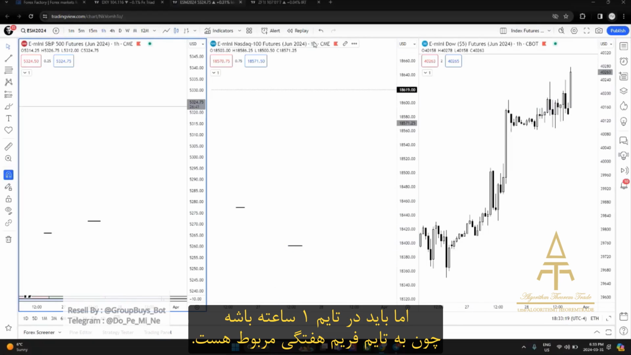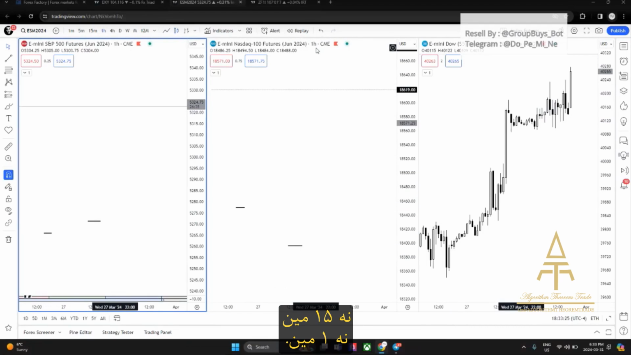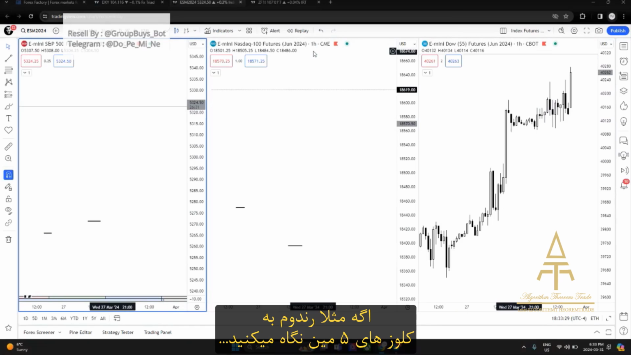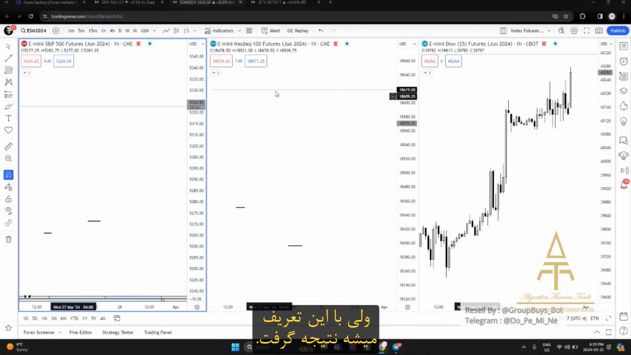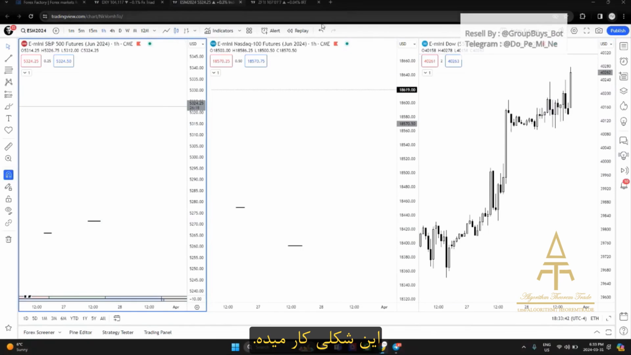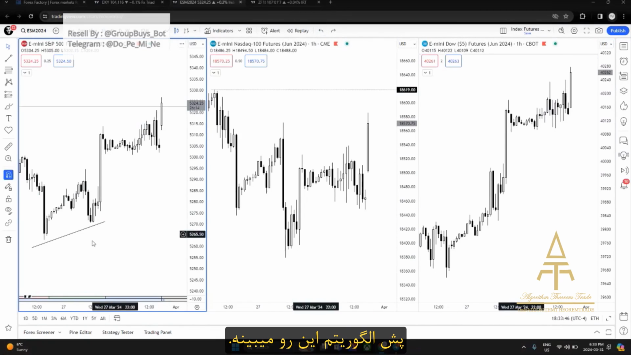But it must be on a 1 hour time frame, because the 1 hour time frame is linked to the weekly time frame, not the 15-minute, not the 1 minute, right? If you're looking for random 5-minute closes with regards to the weekly cycle, it won't work. This is when it works, right? This is when it works. So this is what the algorithm sees,